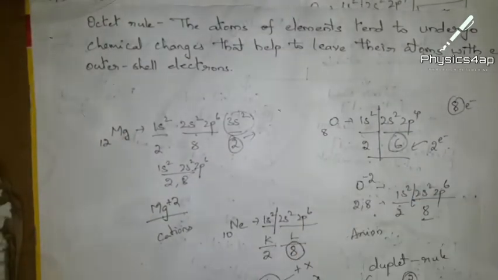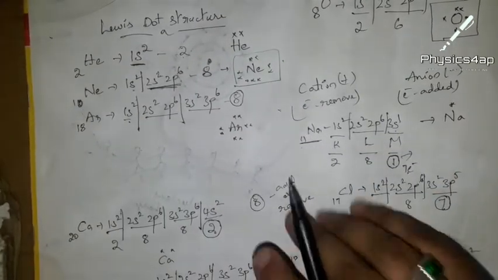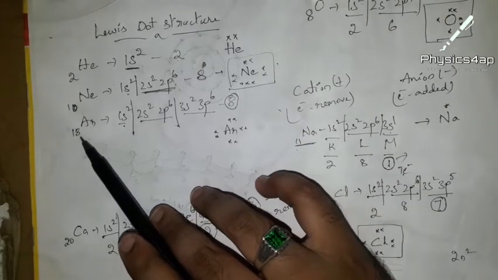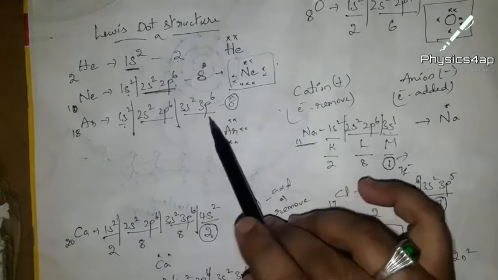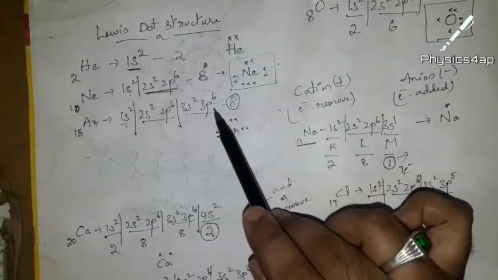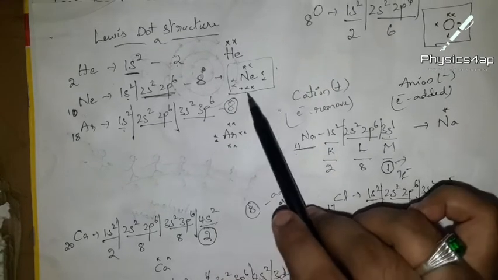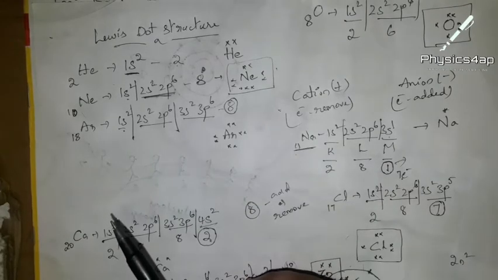What is meant by the octet rule, and how a cation and anion form, all of that we have seen in our previous episode. And we also saw the dot structures, how to draw them based on the electronic configuration by visualizing the atomic number. Based on it we write the electronic configuration, and the electrons present in the outermost orbit are the valency electrons. Based on it we write these Lewis dot structures.